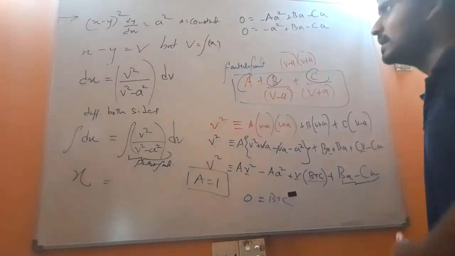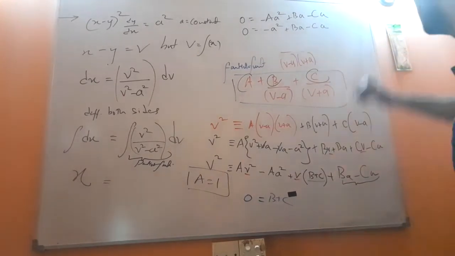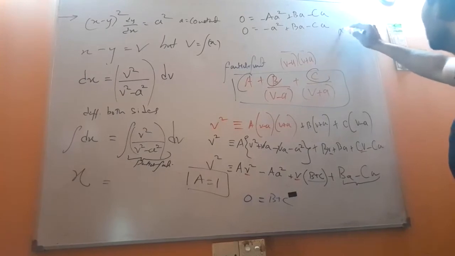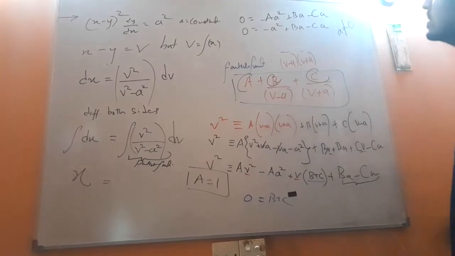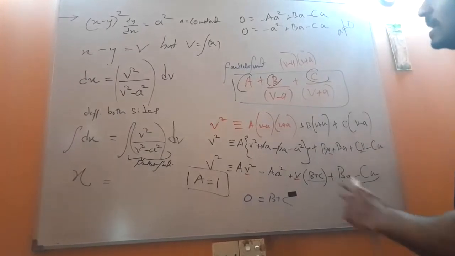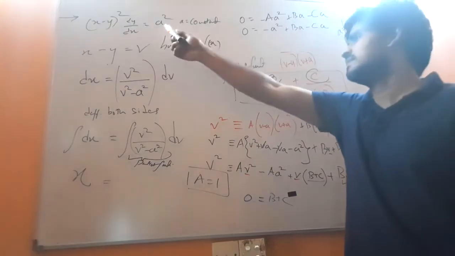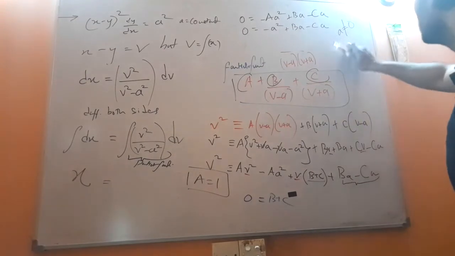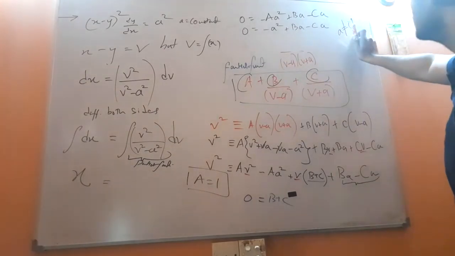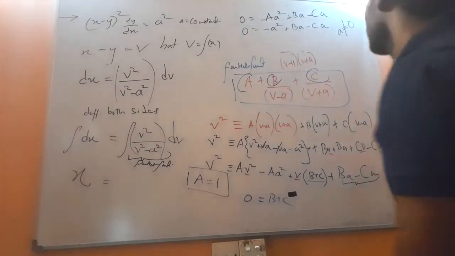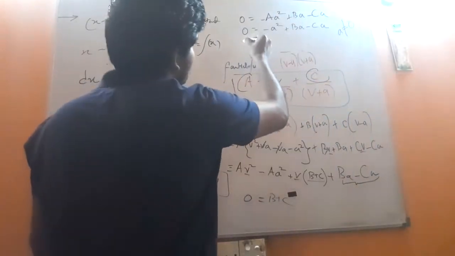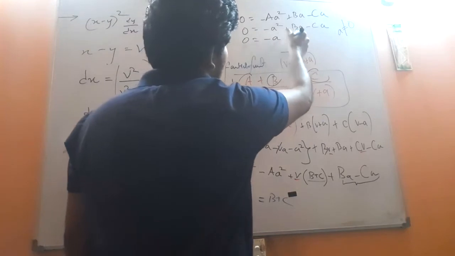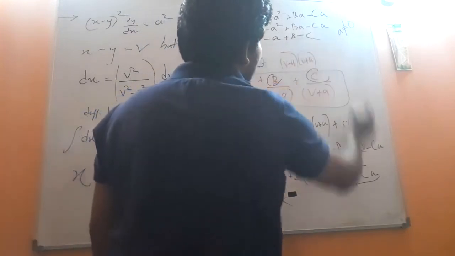Definitely at the very beginning I have introduced that A is a constant. That means A has a value, so that means A does not equal 0, because A must exist in the problem. So that means you can cancel that A. So you have the result 0 equals, you can cancel that A, minus A plus B minus C.